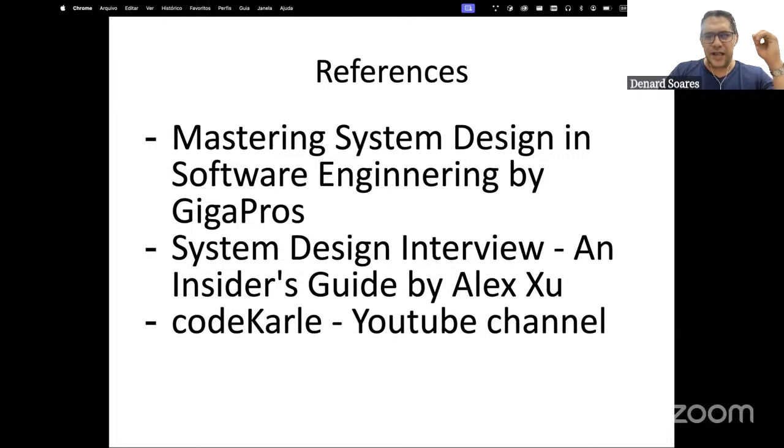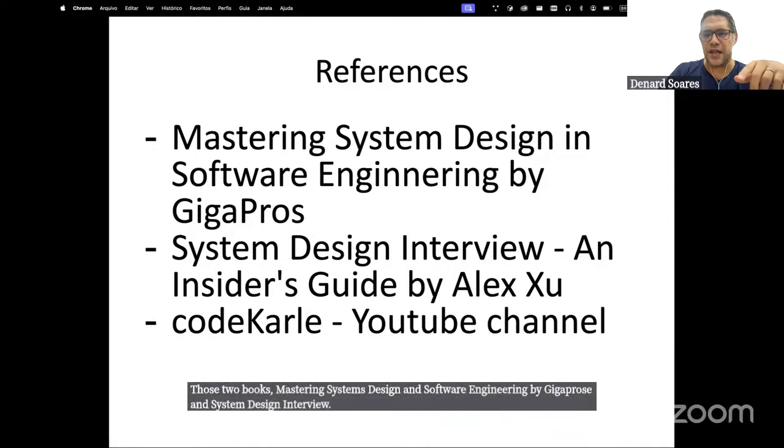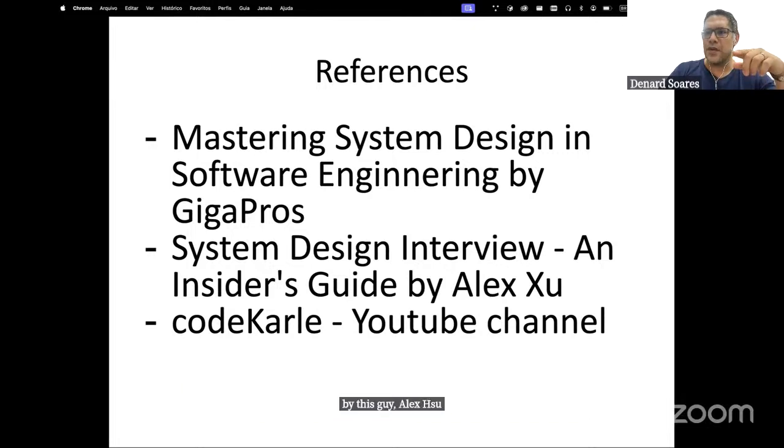That's it. And here I leave the references. I will leave you with 3 references that I believe will suffice for your preparation. Of course, you can put your hands on every material that you can possibly have, but those 2 books, Mastering System Design and Software Engineering by Giga Pros and System Design Interview by Alex Xu, are complete materials.